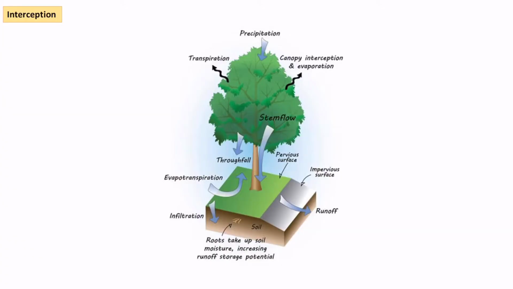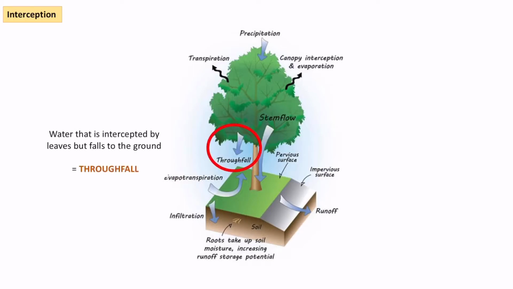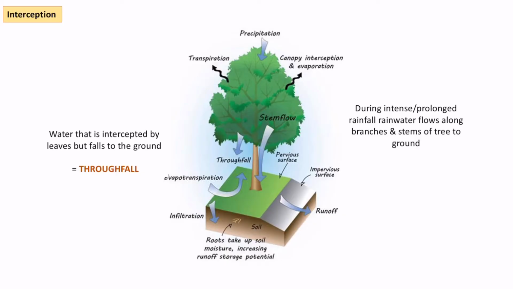I'm going to look at some slightly more specific terms related to that. So through-fall is where the water that is intercepted kind of falls through the leaves. So eventually it makes its way to the ground and ends up on the ground. We also have stem flow. This is where during really intense periods of rainfall, the actual water flows along the branches and down the stems